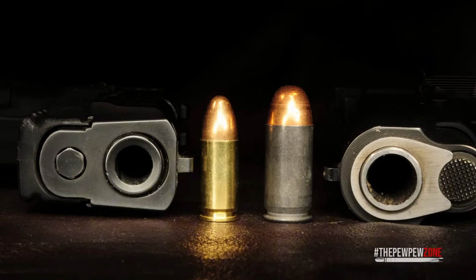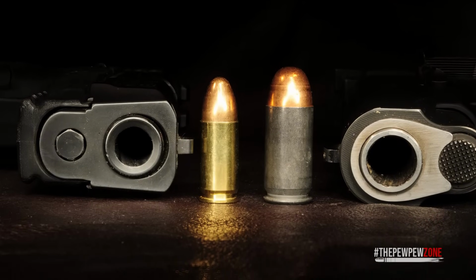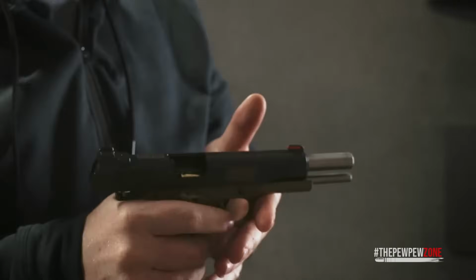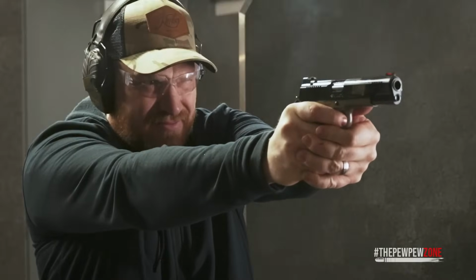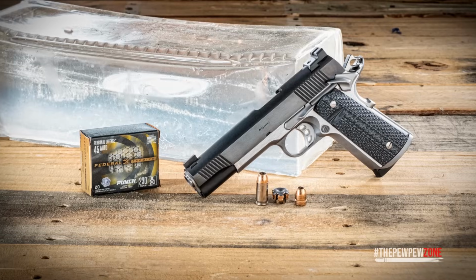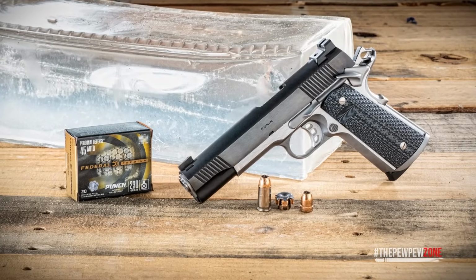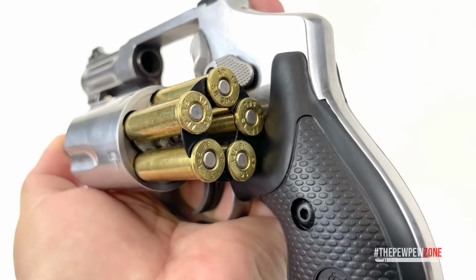This isn't about flashy claims. It's about hard data for shooters who know their way around a firearm. Whether you're carrying for self-defense, setting up for home protection, or just love digging into ballistics, we've got you covered. We'll compare these rounds head-to-head with the 9mm, breaking down muzzle energy, expansion, and penetration to show why they hit